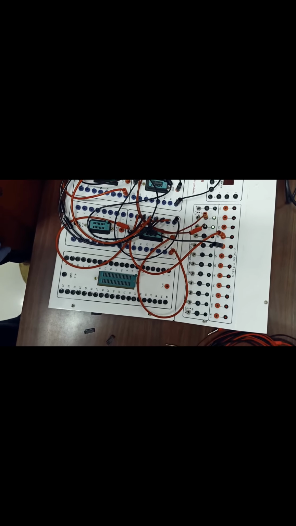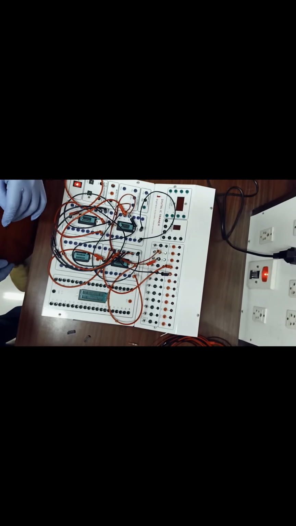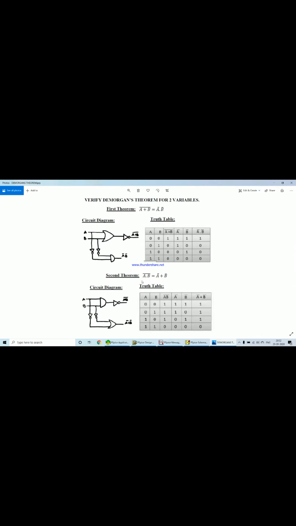So hence the second theorem, which is A and B the whole bar equals A bar plus B bar, is verified by doing this connection of De Morgan's theorem using the PSpice tool.